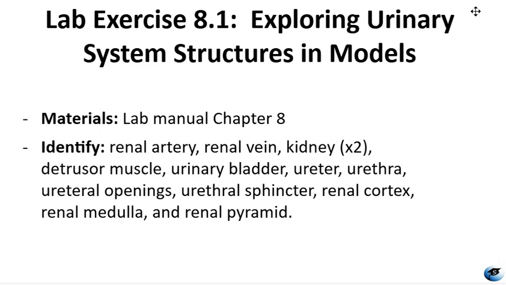Next, you'll want to trace the path of urine from the kidney through the ureters to the urinary bladder and then through the urethra. And you want to note all of the structures, the linings of those structures. Pay attention to the trigone, which is the triangular area on the bladder floor that marks the opening of the ureters and urethra. You're also going to want to locate surrounding structures that support the urinary system, including the aorta,